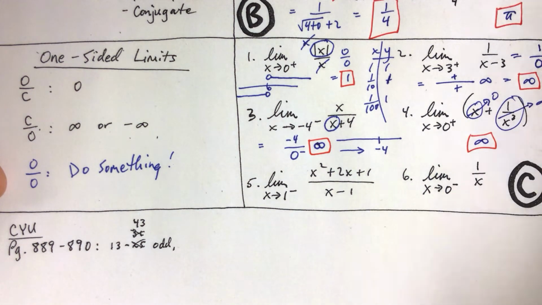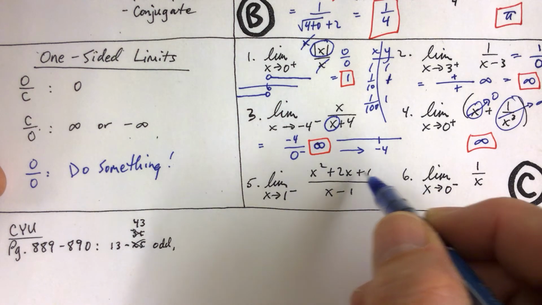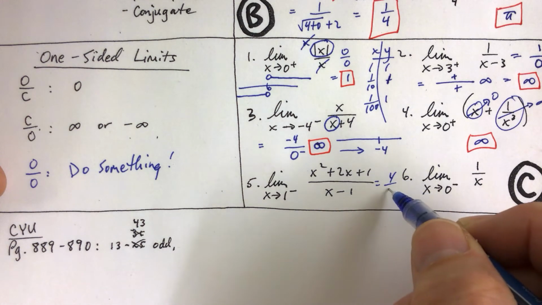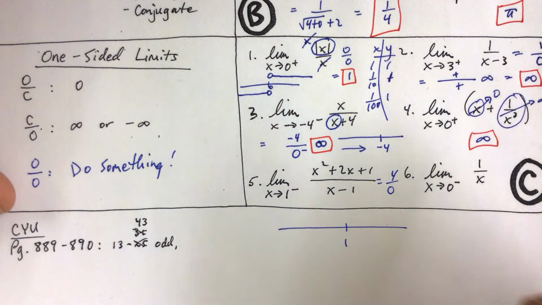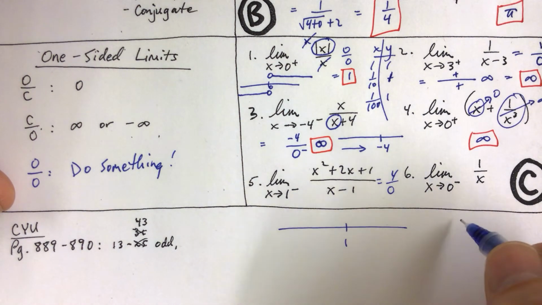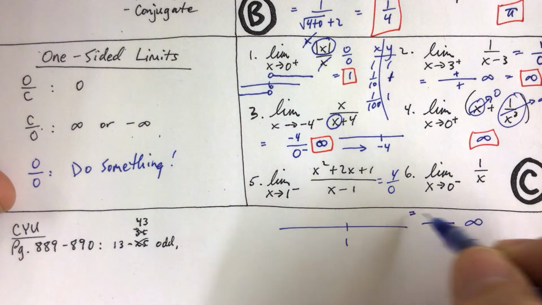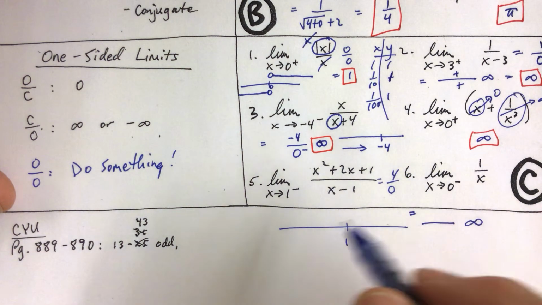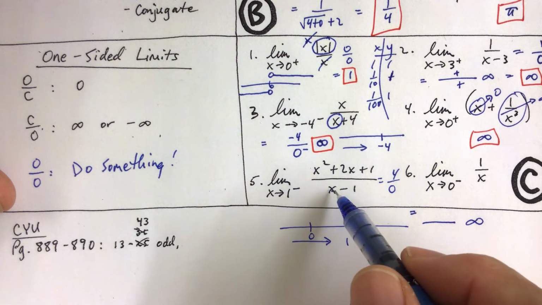And then for problem number 5, replace x with 1. 1 plus 2 is 3, plus 1 is 4. And then we have over 1 minus 1, which is 0. But again, it's not actually 0. It's approaching 0. So we have to figure out, is that going to be negative or positive infinity? The limit is going to be either negative or positive infinity when we have a constant divided by 0. If x is approaching 1 from the left, we have 0 minus 1, 0.9 minus 1, 0.99